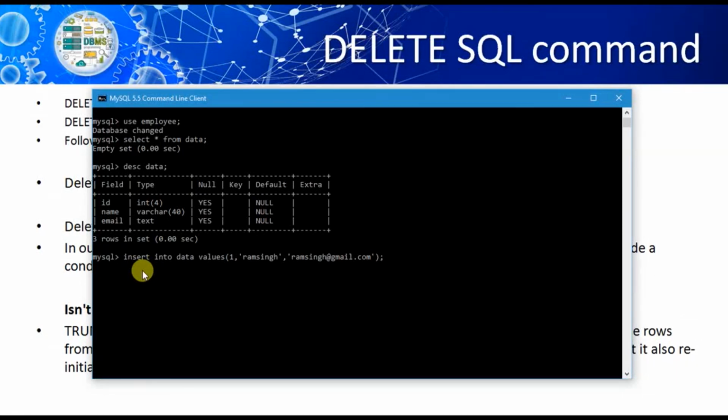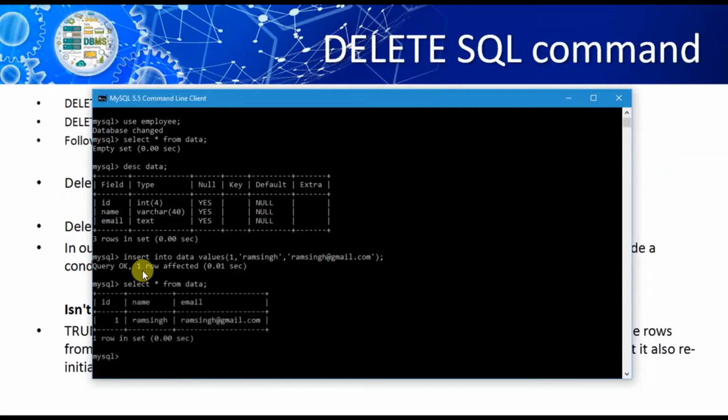So in varchar and date types, except for numeric values, all the values should be in between single quotes. Query performed. Now again I am going to select the data from the data table. Look at here, this data is available inside the table now.